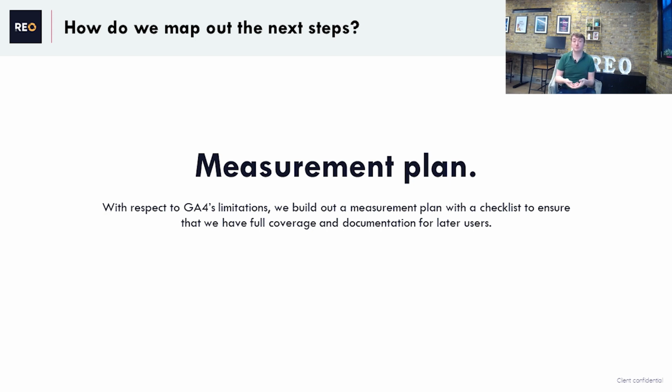This document serves two purposes. First of all, during the implementation phase, it is a checklist for us to work through and make sure every single thing we want to do has been achieved. But also, it will form the basis of documentation that can be later handed out to users to say, this is what is in your platform, this is what it's named,